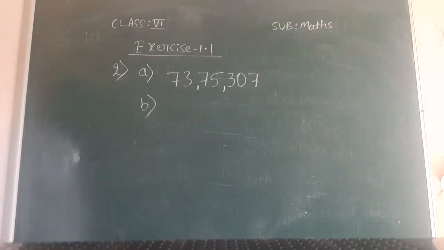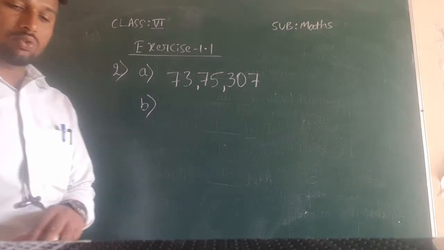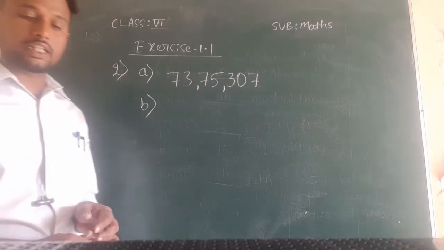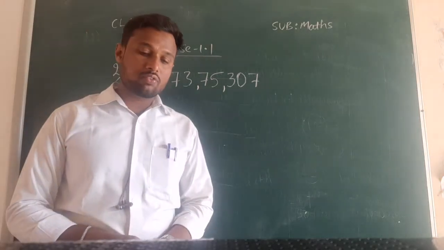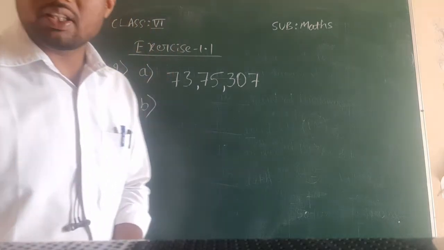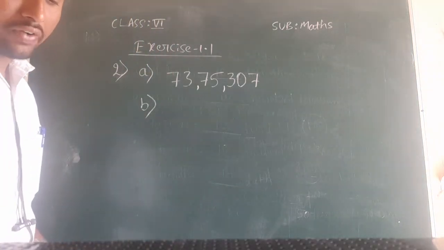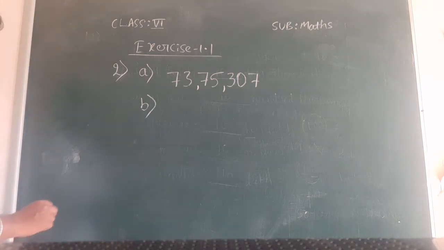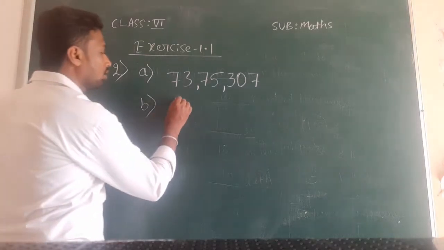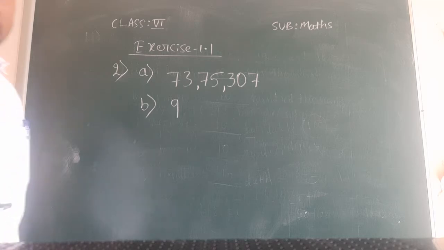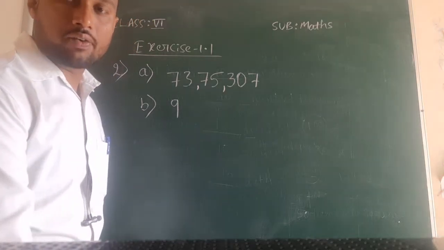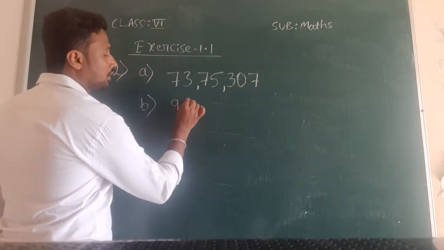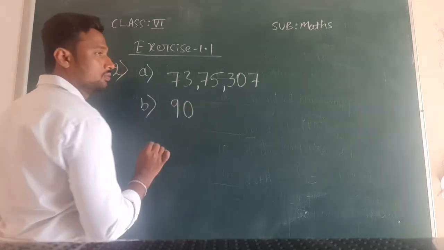Okay. One more problem I will discuss from this section only, second question, so that you understand this and can solve the other remaining problems of the second main question. So here they have given 9 crore 5 lakh 41. How to write this? First, 9 crore they have given. I will write 9 crore. Next, directly what they have given after 9 crore is 5 lakh. So 9 crore 5 lakh means in the 10 lakhs position we don't have any value.